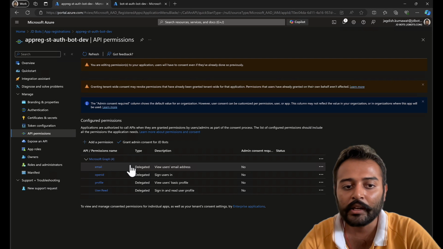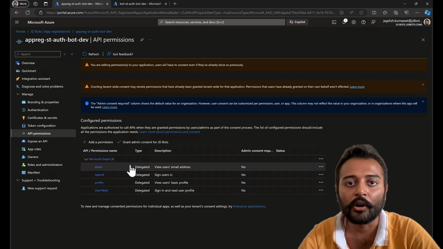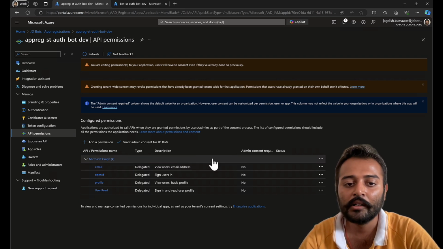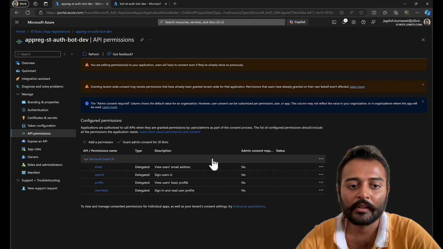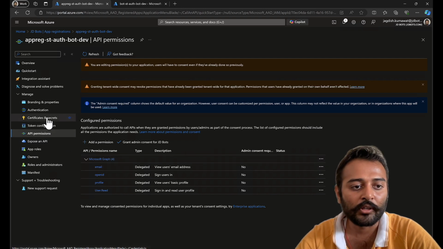You can also grant admin consent for your organization as an admin, so that when a user logs in for the first time, they don't have to give the consent. But if you don't want to grant it, that's fine, it will still work. But when the user is logging in for the first time, they will be giving the consent. Okay. So now